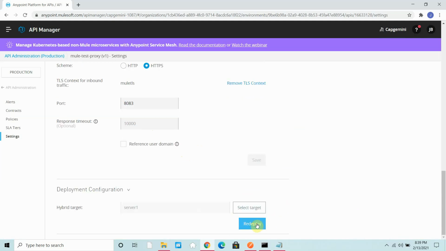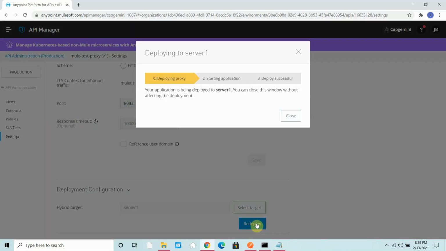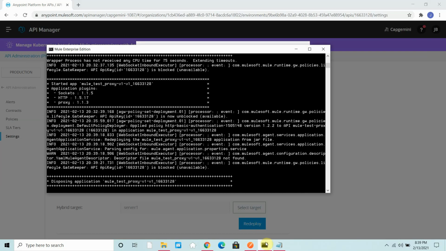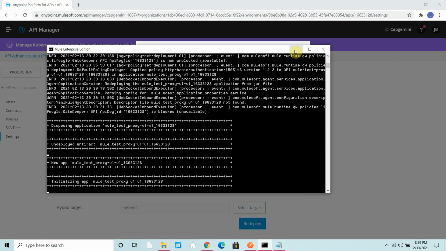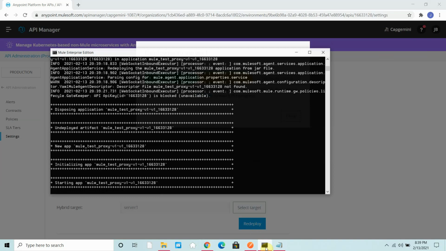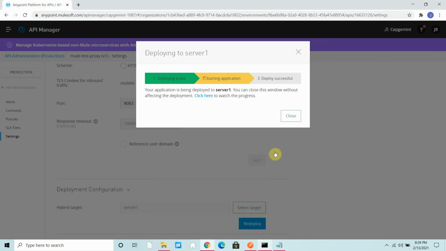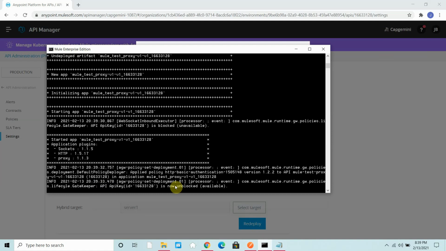Once you save it, click on redeploy. You will see something will happen. Yeah, it is trying to redeploy your proxy application again. It is deployed. You can see the proxy application has been successfully started.